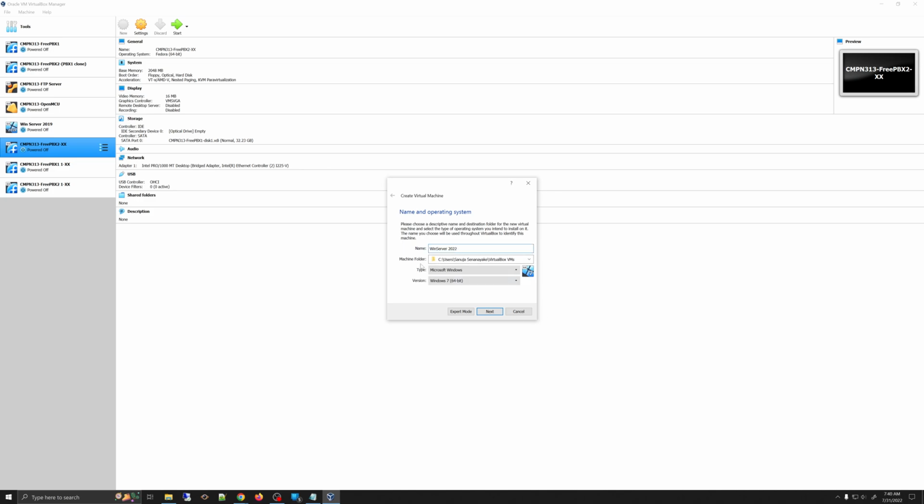And then you can select the location in which the virtual machine files will be saved. Make sure whatever the location you pick here is suitable for your virtual machine, so there is enough space in that hard drive to install the Windows Server 2022. Then under the type of the machine, select Microsoft Windows, and under version, if you